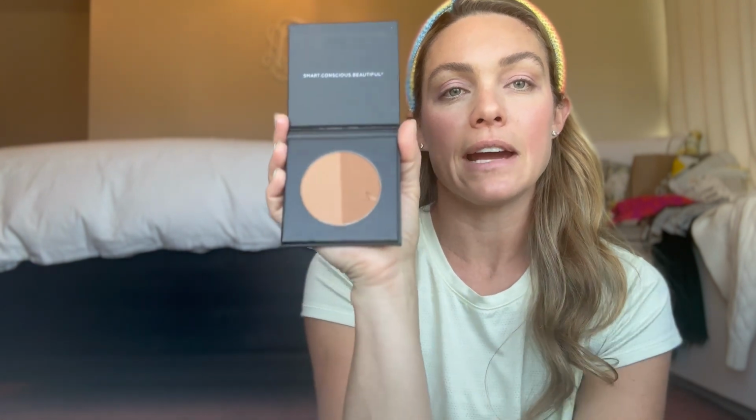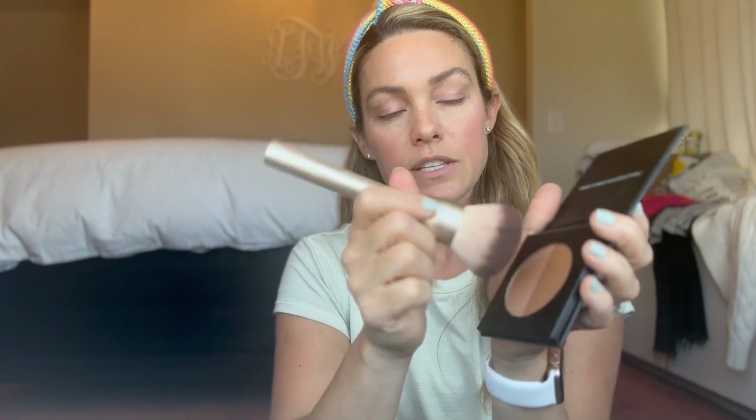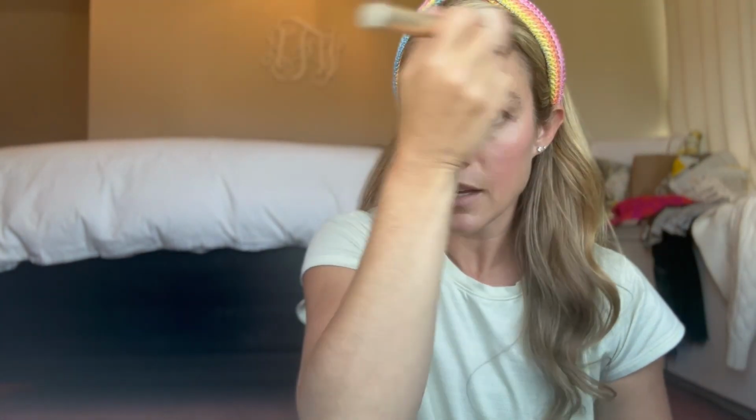So it's going to give a very natural looking, bronzed look. It's not going to be harsh. I love that there are 2 shades to kind of break it up so it's not super brown or super dark. I'm going to use this big brush that I have. This is actually a powder brush, but this is just how I do it. So you're just going to tap it and apply it to the places where you would naturally get some sun. So for me, that's on my nose, on my cheekbones,